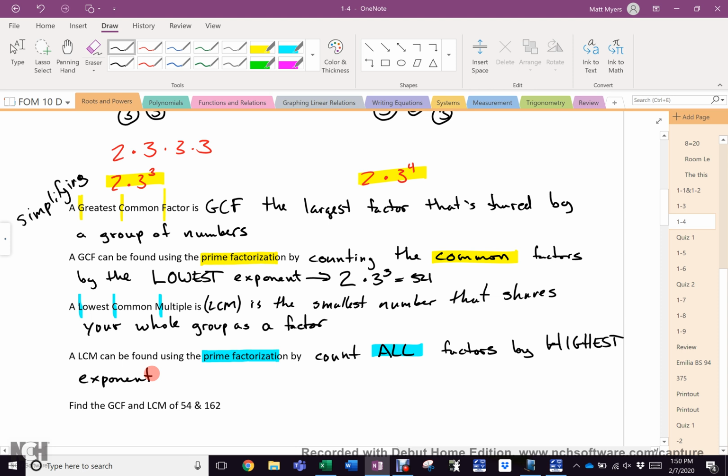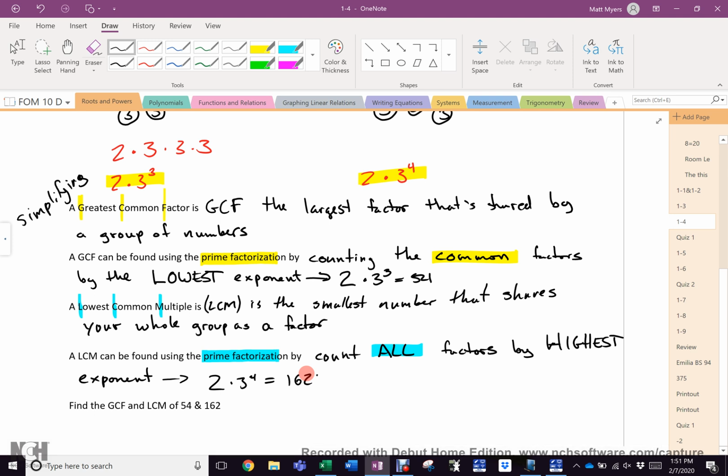So, once again, is 2 a factor that we have to count? Yes. What's the highest exponent visible to 2? 1. So it's just 2 to the 1. Do we count 3? Yep. What's the highest exponent that we have for 3? 3 to the 4th. So 2 times 3 to the 4th is 162, which makes sense because 162 times 1